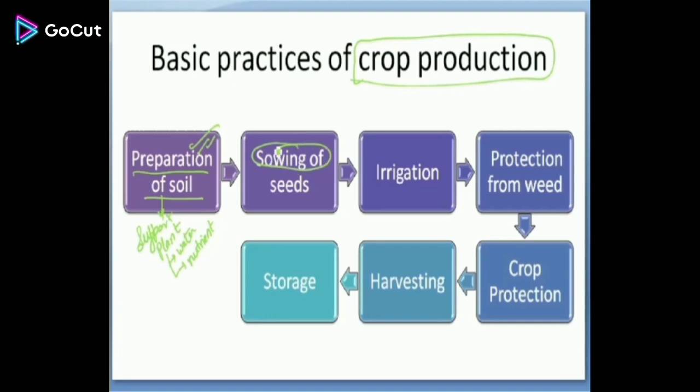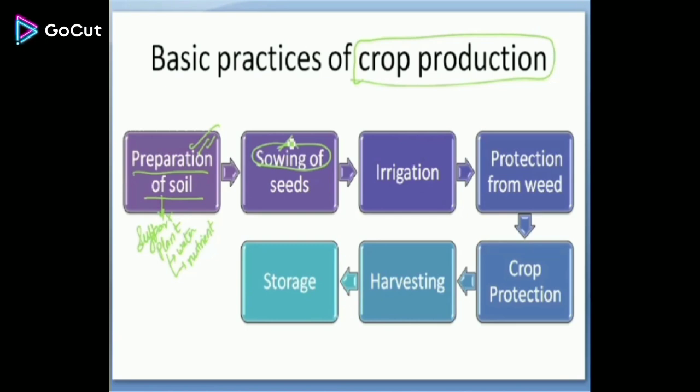Sowing means putting the seed into the ground. For sowing of seeds, we do not simply spread the seed in the field. We have to be very careful while sowing the seeds, because first of all we need to select the kind of seeds that we want to grow. We want to decide what kind of plants we want to grow in that particular field. Again, like we have already discussed, we decide what plant we are going to grow depending on the climatic conditions that we have.